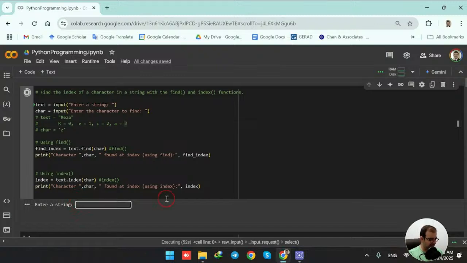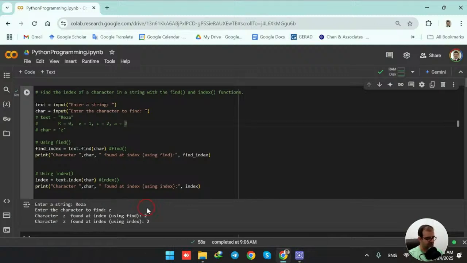So here it says enter a string. I type down Reza, and it says enter the character to find. So I type down Z, for example. It says character Z found at index, using find function at index 2 and using index function at index 2 as well. So the Z character is at index 2 indeed, and we used the find function and index function to find the index of this